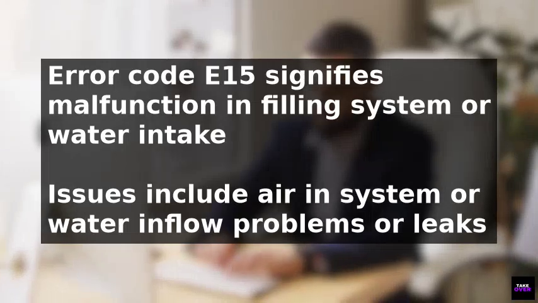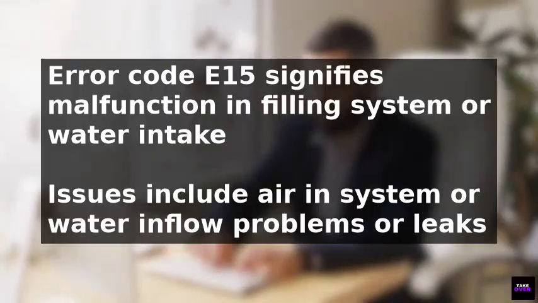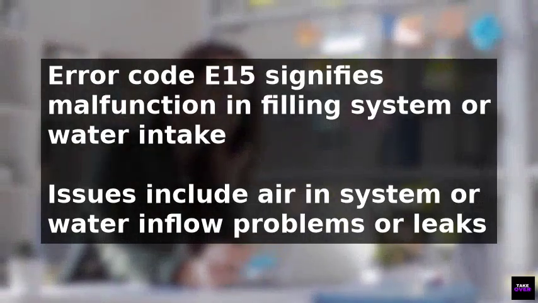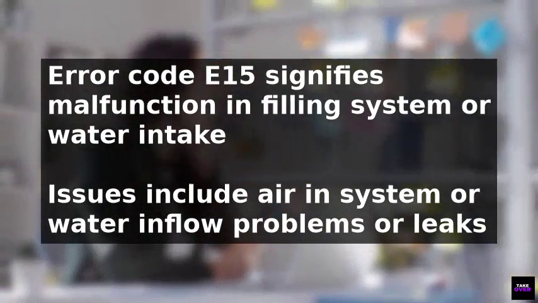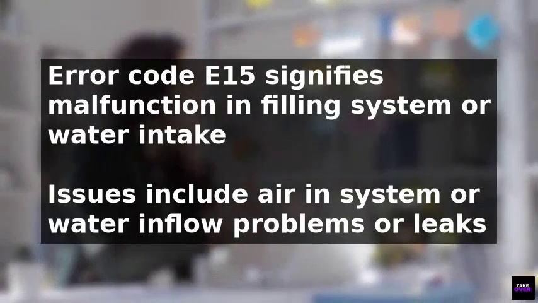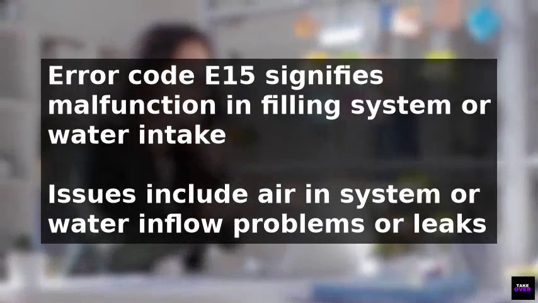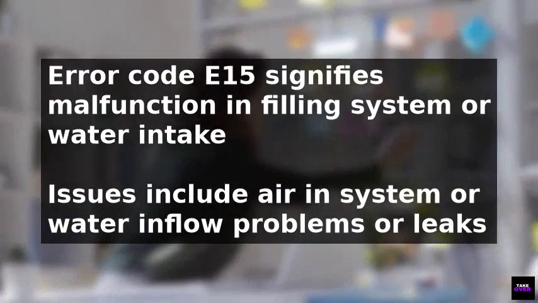The error code E15 in a dishwasher signifies a malfunction in the filling system or water intake, and can be caused by issues such as air in the system, water inflow problems, excessive foam or suds, or leaks and seal issues. To fix the issue, it is necessary to verify the water supply by shutting off the water supply tap